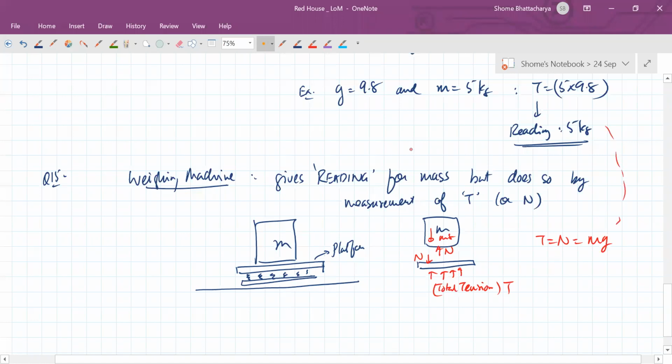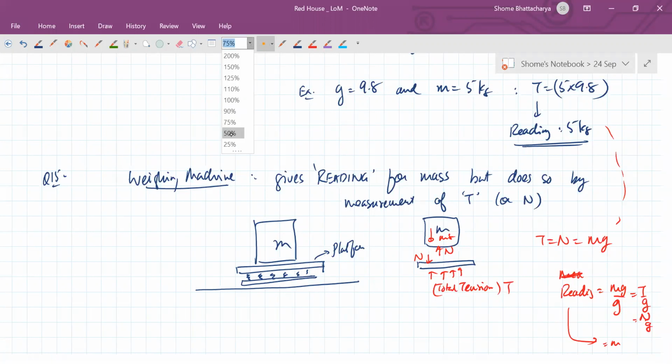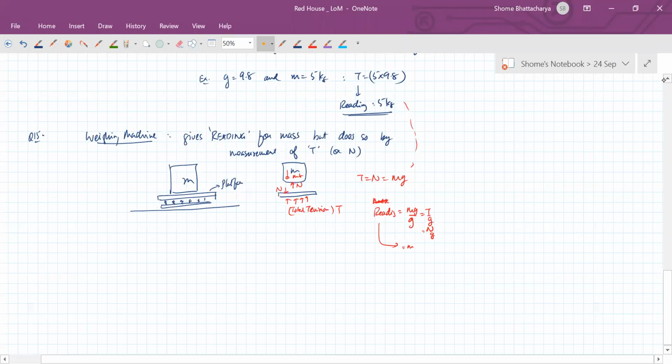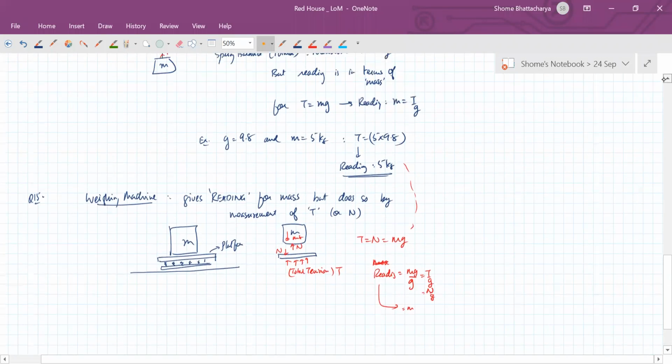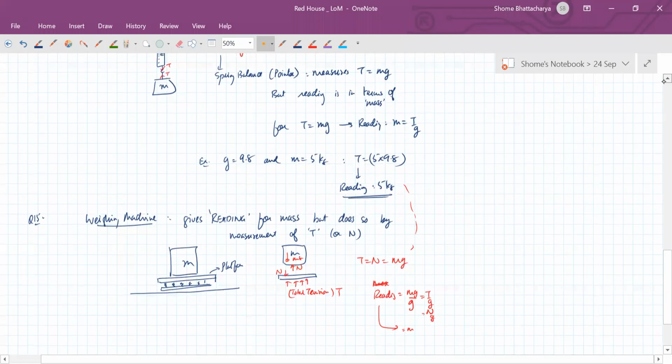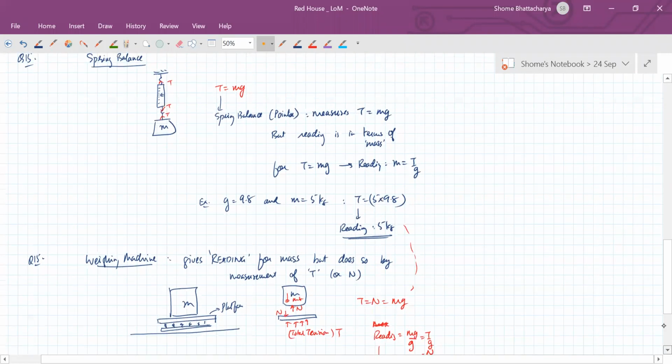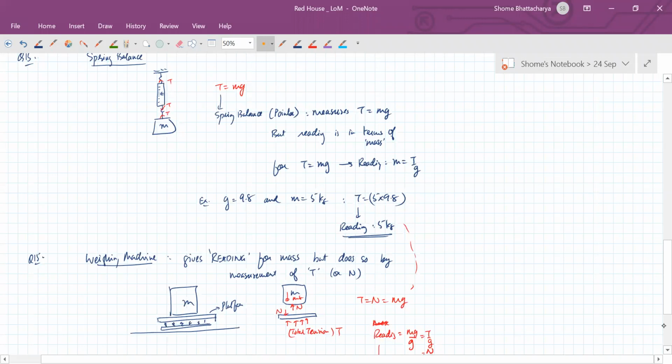Okay, if the weight of the object is mg, then the reading it will show will actually be mg divided by g, or it will be that tension divided by g, or it will be that normal reaction divided by g. So it will measure it as mass. So the reading will be mass, though actually what it's measuring is a force. It's not measuring mass, because there's no way that instrument can actually measure the quantity of matter and how many protons, how many electrons. It can't do that. It's measuring mass by actually measuring what is the gravity's effect on that mass, which is mg, and then taking into account that g's value is so much, so it's giving you that reading.